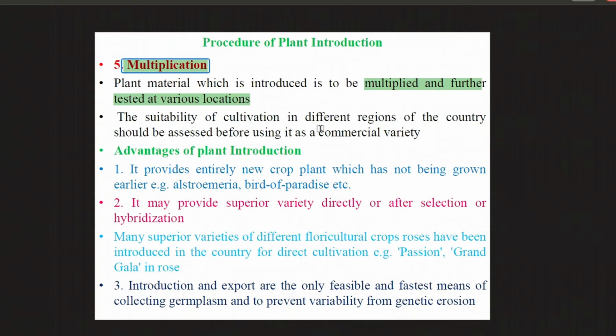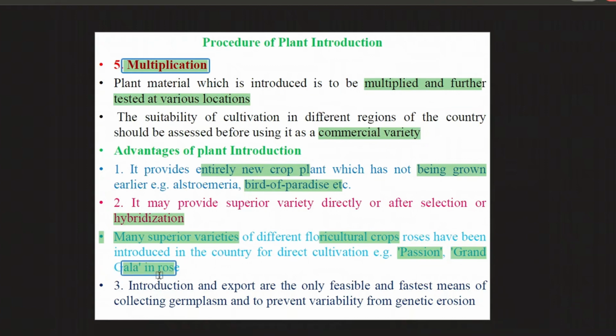Now the advantages of plant introduction. It gives entirely new crops which have not been grown earlier, for example bird of paradise. It also provides a superior variety directly or after selection and hybridization. Many superior varieties of floriculture crops, for example roses, have been introduced into the country for direct cultivation, for example Passion, Grand Gala in roses. And introduction